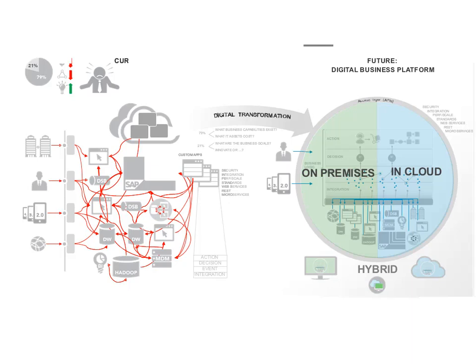So let me recap what we just talked about. We're talking about the Software AG digital business platform and the fact that as customers embark towards initiatives around digital transformation, it's very important to understand the current set of challenges that CIOs face today, where they are mostly focused on maintaining and managing the current applications, which take up a lot of their budget, and not having enough to spend on innovation, which is really the key way to differentiate and compete against the competitors that you have today and the growing list of competitors that are emerging in this fast-moving internet era.